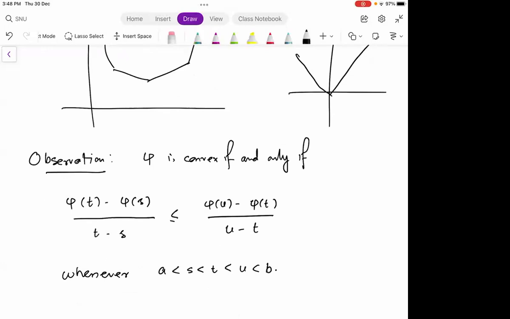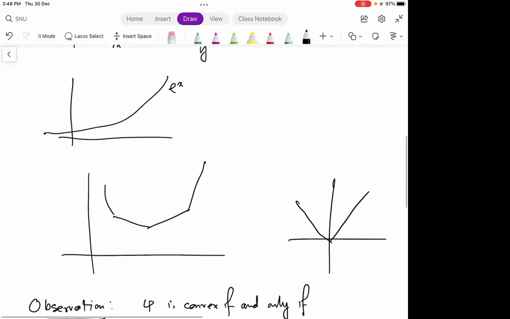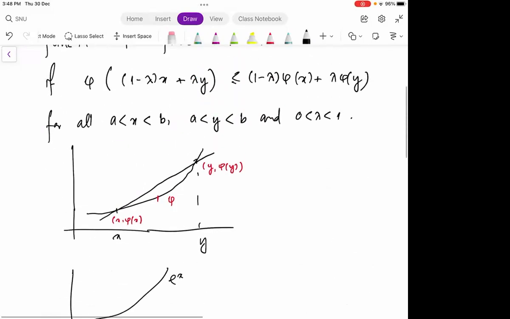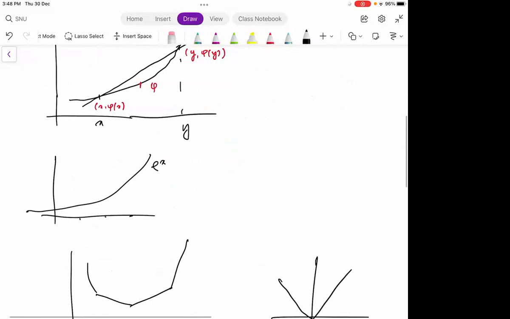So phi is convex if and only if you have points S, T, U such that phi t minus phi s by t minus s is less than or equal to phi u minus phi t by u minus t. So what are these ratios? Your points are maybe like this, S, T, U. Now, when you do phi t minus